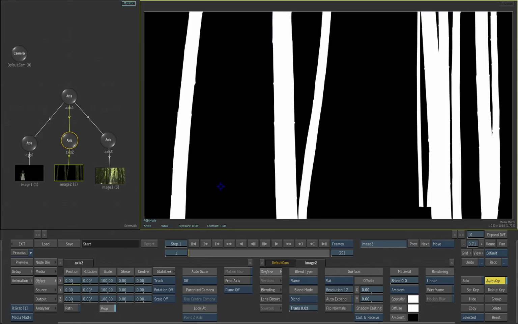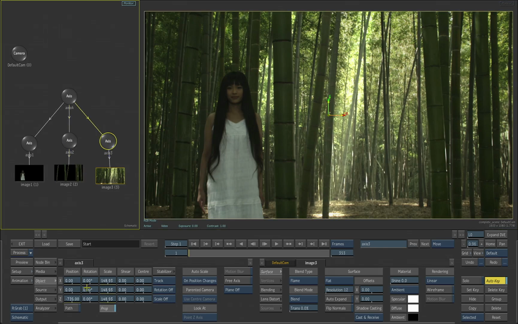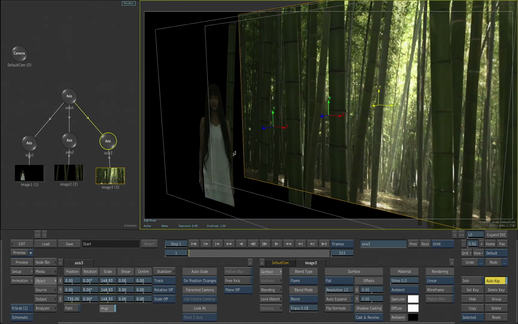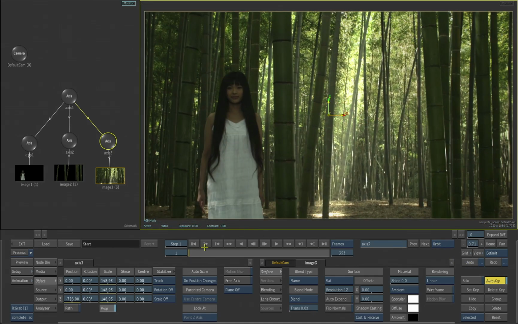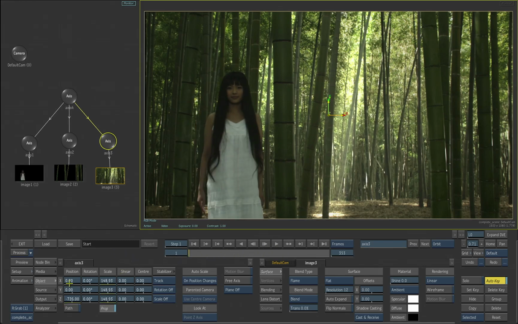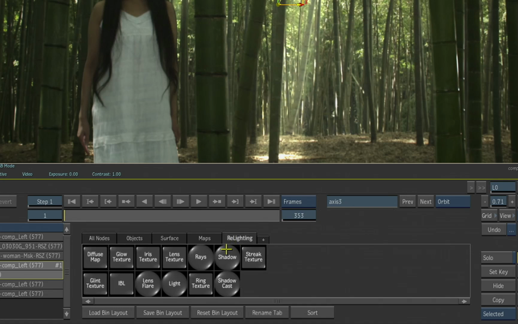Let's go ahead and take a look at the mat for that layer. And finally, we have our background. And all of these layers have been offset in 3D space, but not for doing any 3D compositing. The only thing we want to do here is deal with adding lighting effects. So if we go to the node bin inside Action and look at the Relighting tab, I'm going to start